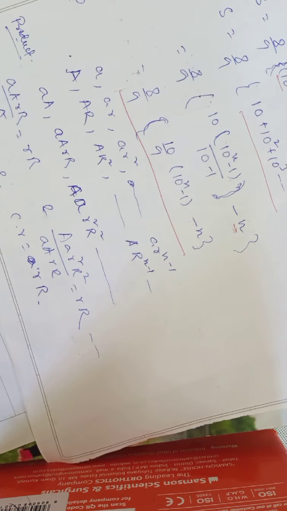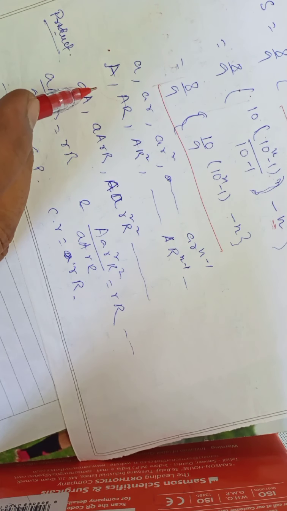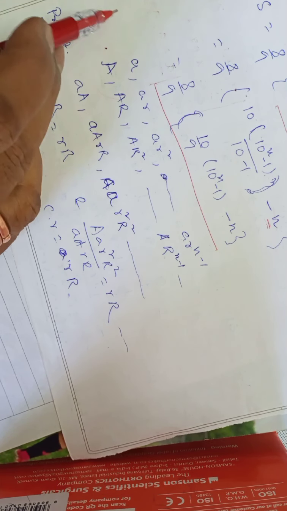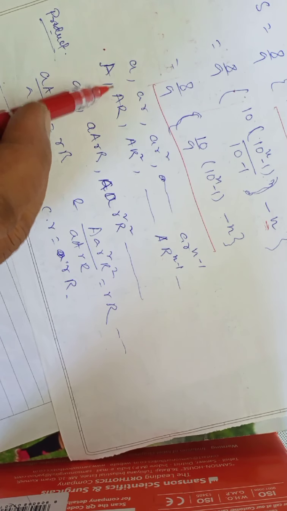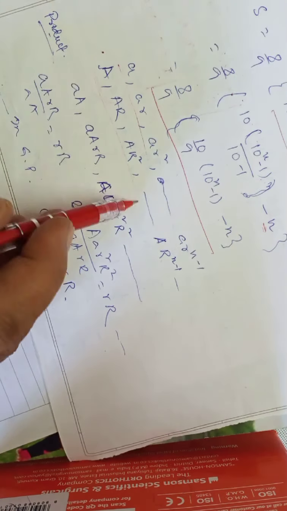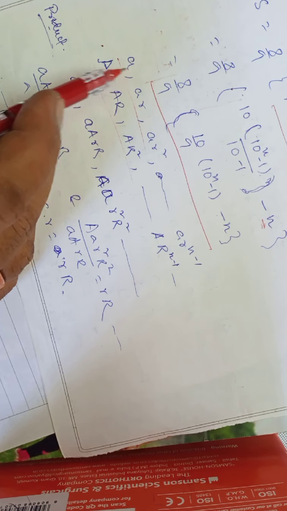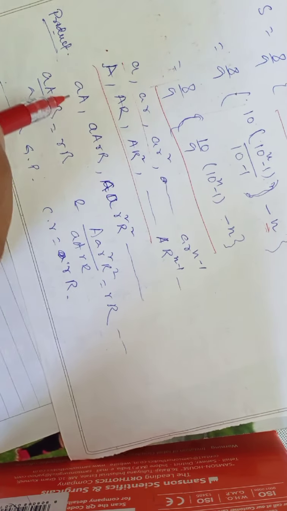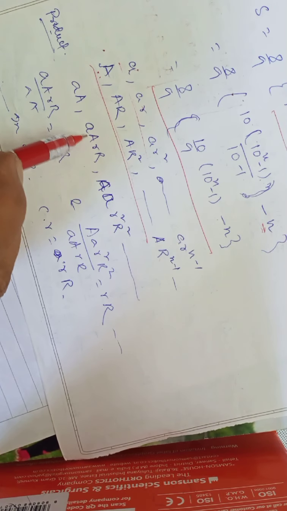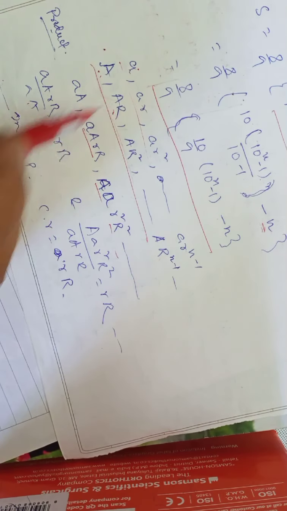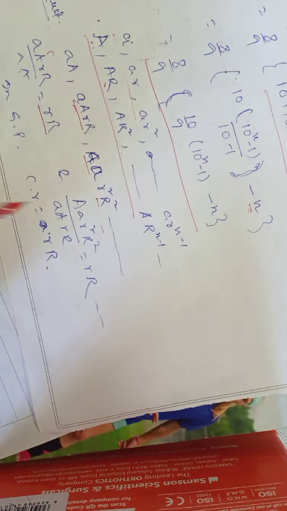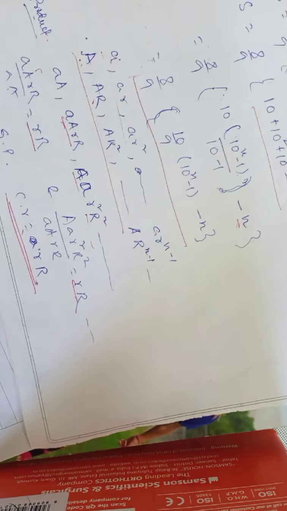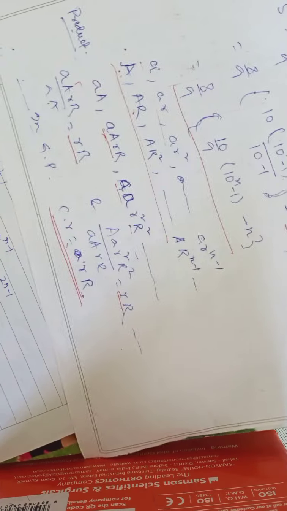See another question. These are the terms. Okay, we have to prove that the product of the corresponding terms is also in GP. These terms are in GP. You have to find their product. This into this into this. Then divide second by first, coming RR. Third by second, coming RR. So they are in GP and the common ratio is RR.